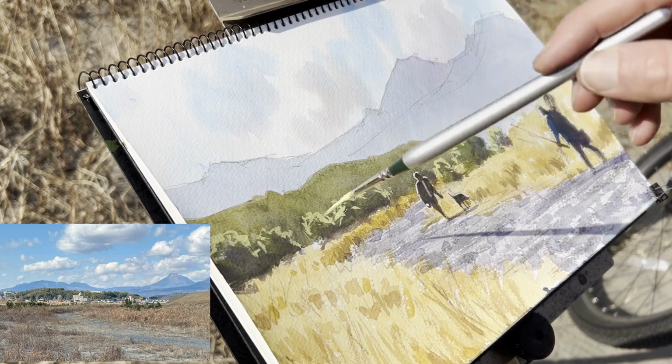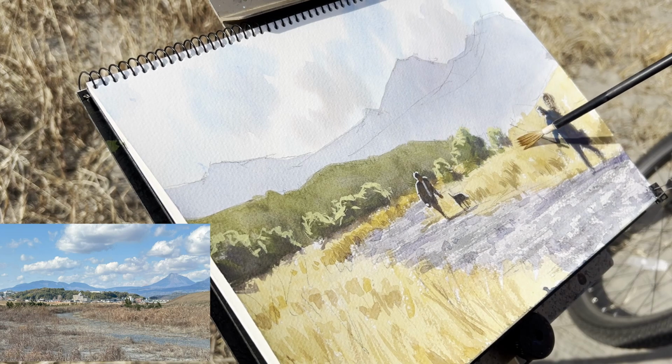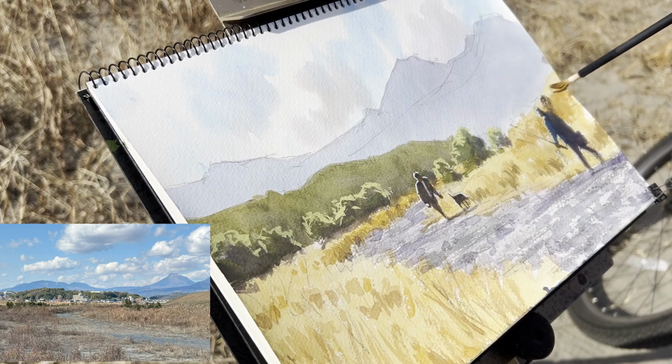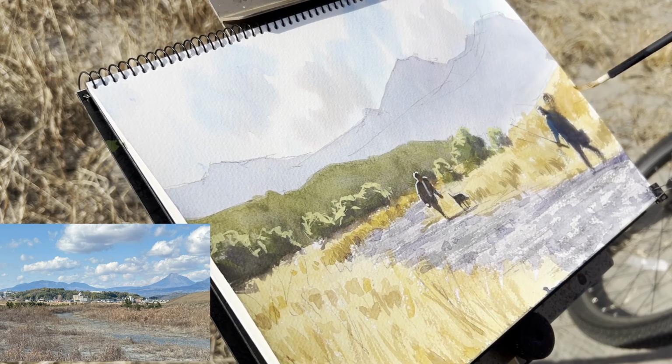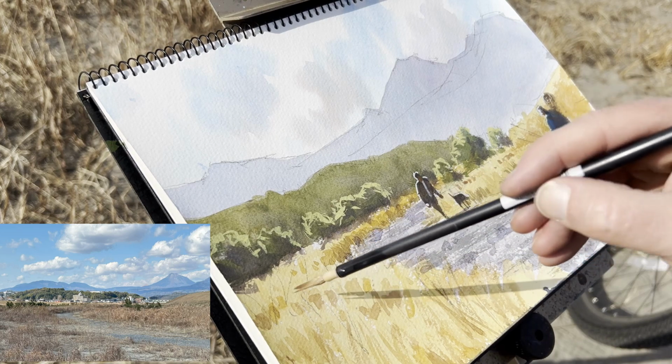Okay, I think that looks quite a nice effect there. Okay, and that is just about it. I feel like it needs something here, so I might do something very simple, maybe here. Wow, maybe something like that. Okay, that makes a bit more sense maybe. And here, and maybe